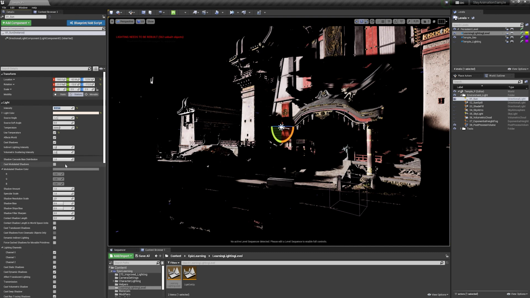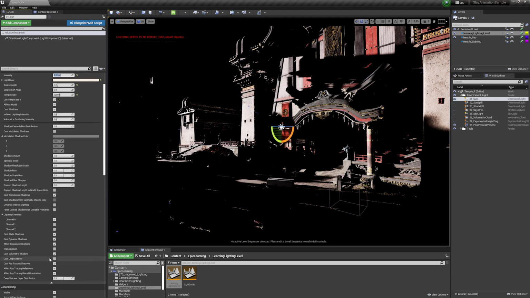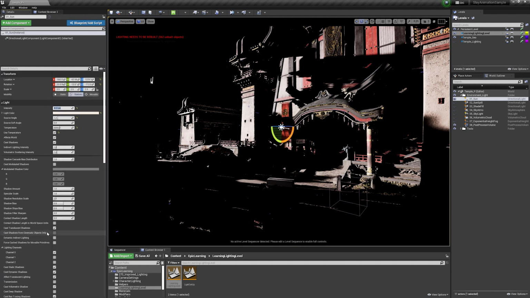And when we look down here, main things you'll be concerned with later on will be your specular scale. When we do character work, we'll oftentimes bring that specular down to 0.7 or 0.8 to soften that specular reflection on the skin and keep it from looking too shiny. If you end up in trouble or you're optimizing, you'll want to come down here to your cast shadows, whether that's turning off cast ray tracing to save optimization or to turn off cast static shadows. You'll have a lot of items that you may, when you get to that point of optimization, to be concerned with. At this time, we're not going to be paying too much attention to it as we're just kind of blocking in our main light.